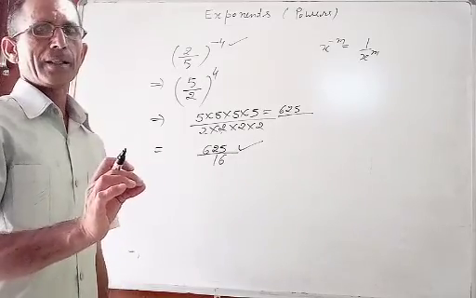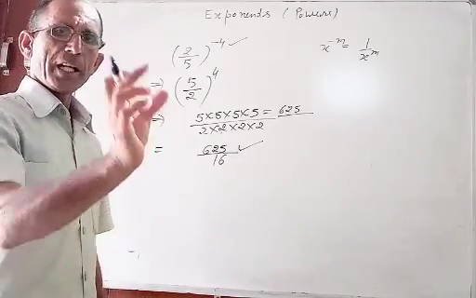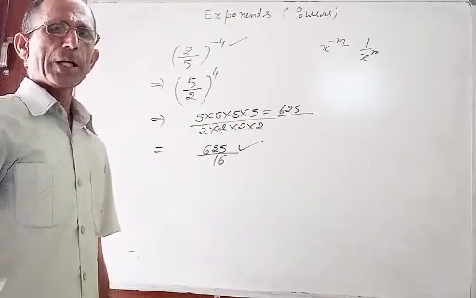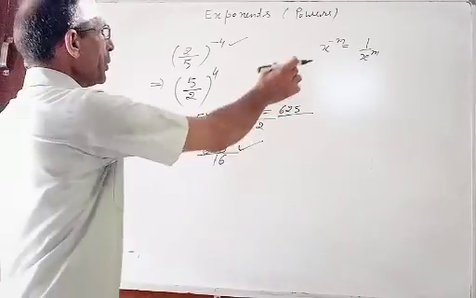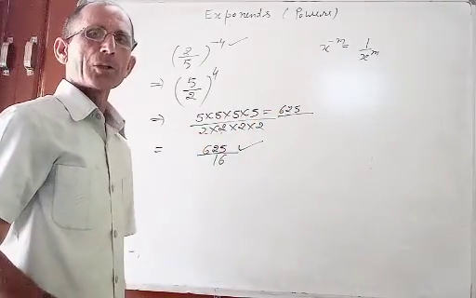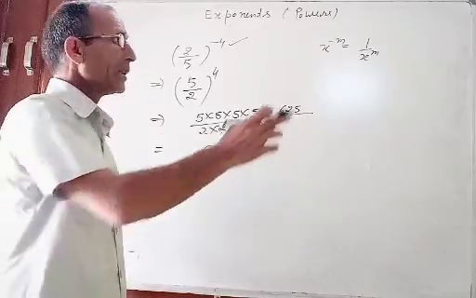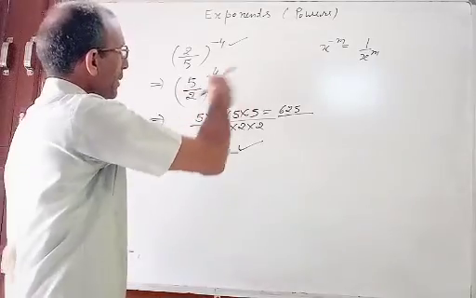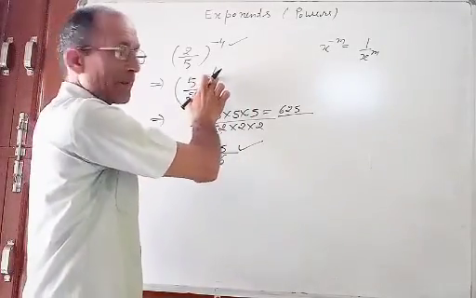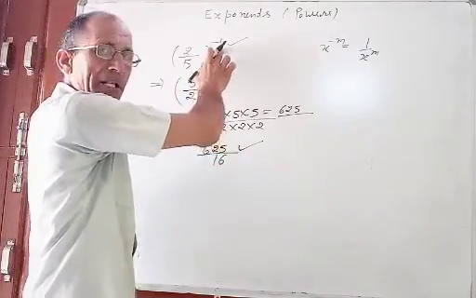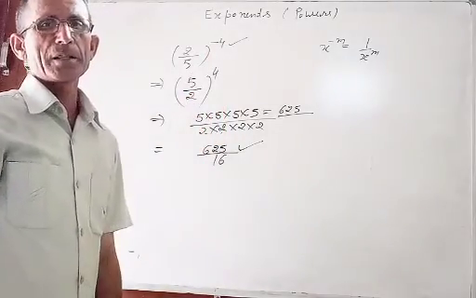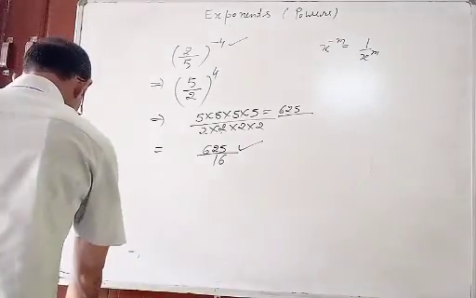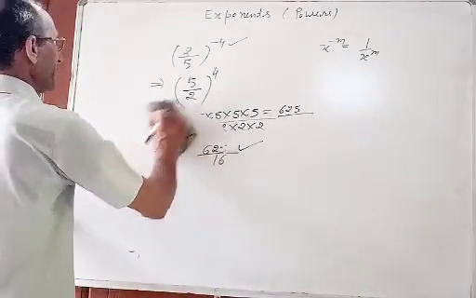So what is the main point in this question? If exponent is negative, first convert into positive. To convert into positive, take reciprocal. So x raised to the power minus m is equal to 1 by x raised to the power m. Same formula I applied here. 5 by 2 raised to the power minus 2 by 5 raised to the power minus 4 will be equal to 5 by 2 raised to the power 4. Clear? Okay. Now next. So right option is 625.